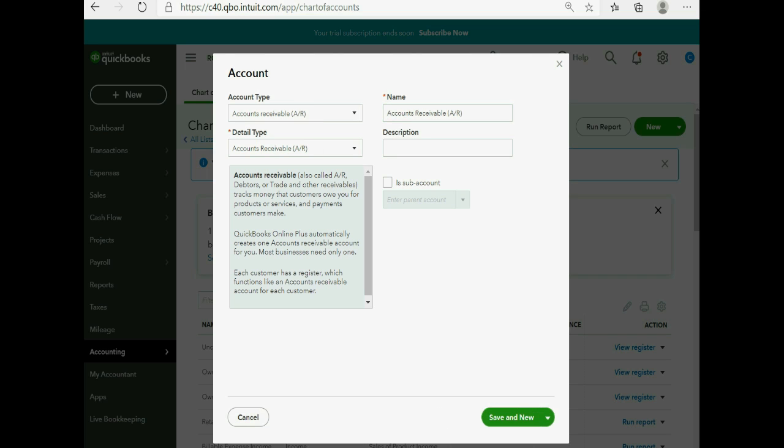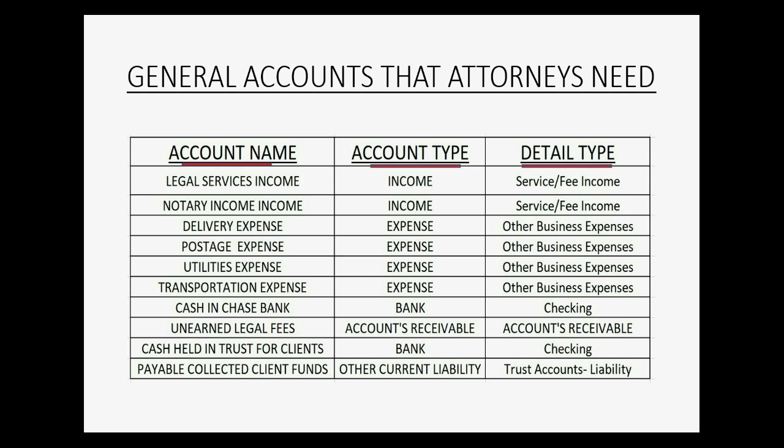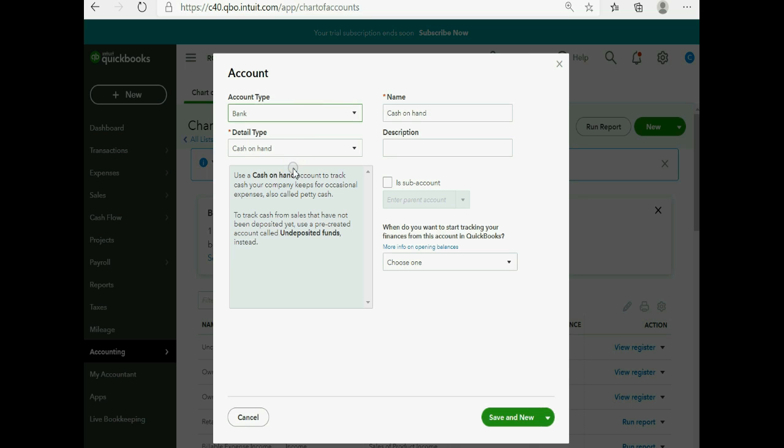Save and New. We also need an account where it's a separate bank account because attorneys usually keep the money they hold for clients usually in a separate bank account from their normal operating account. And that's a bank type of account. It can be checking because you have to pay them periodically. And let's name it Cash Held in Trust for Clients. So let's say bank, checking,